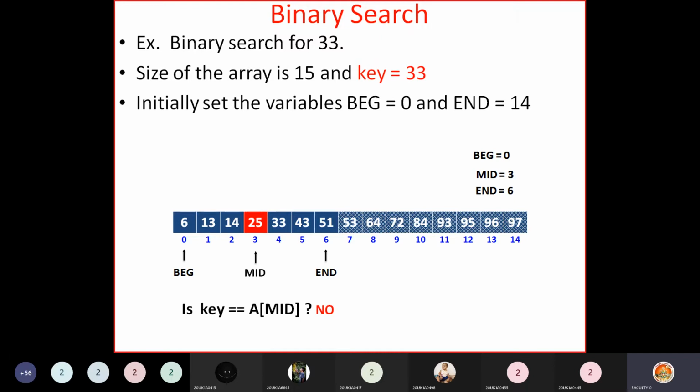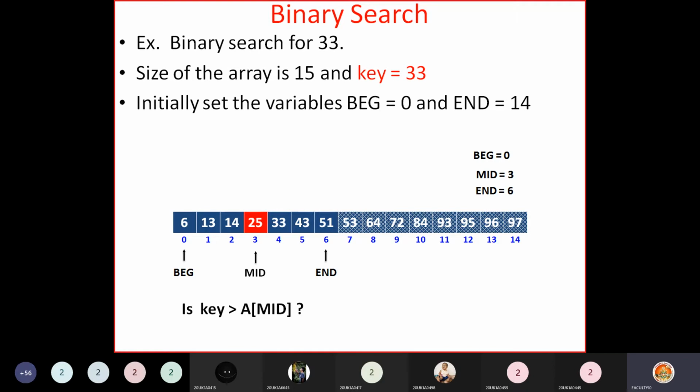So again you have to test whether it is present in the left half of this middle element or in the right half. First we'll test whether it is in the left half or not. So how can you test? Is key less than A of mid? 33 less than 25? No. That means it is not in the left half. So you test whether it is in the right half or not.